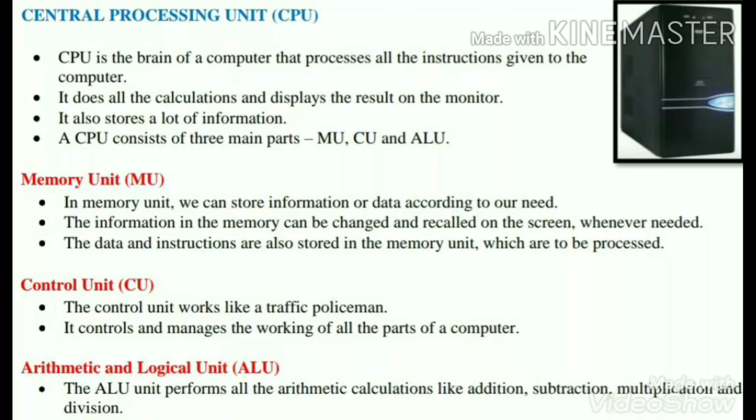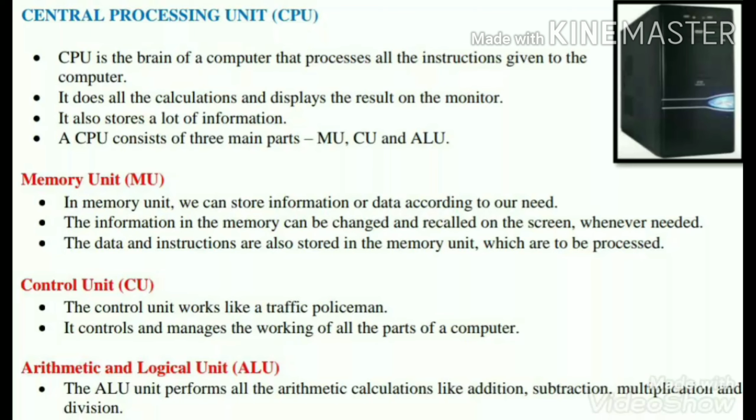Whenever we put in data, it first goes to the central processing unit, to the control unit part. Suppose we write 2 plus 2; this data will first go to the control unit, then it will go to the arithmetic and logical unit, and the answer will be stored in the memory unit. So, children, when we type in data, the data goes to the CPU. Inside the CPU it goes to the control unit, then to the arithmetic and logical unit, and the final result comes into the memory unit.